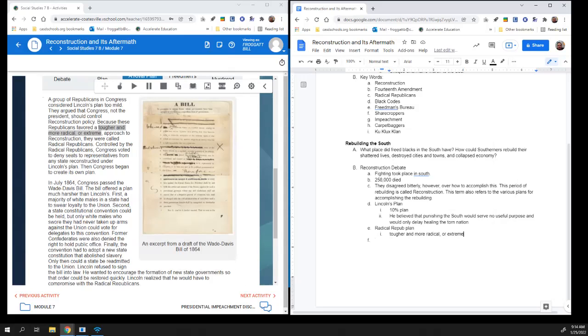Okay, tougher. So the radical Republican plan was a lot tougher. We'll take a look at it later. Okay, Makai. And it was more extreme. They wanted to punish